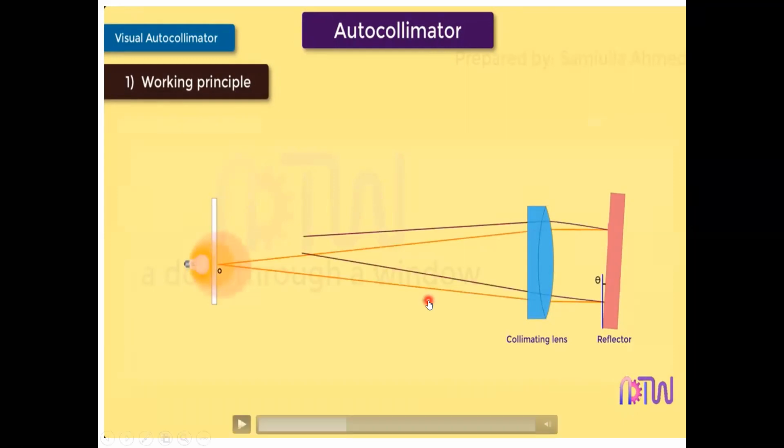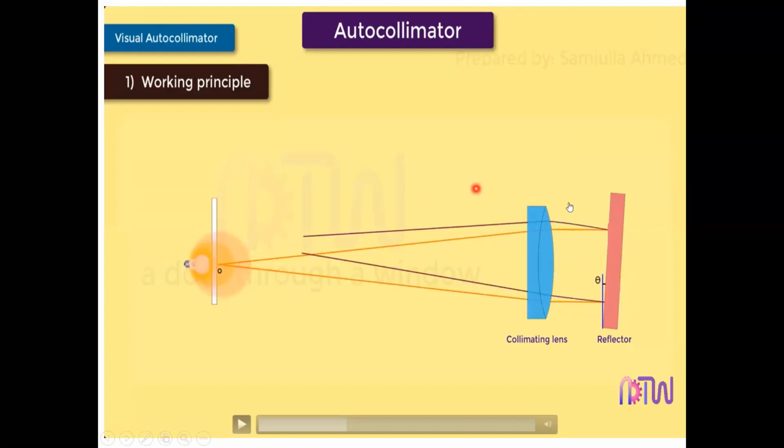My dear students, listen to me. Here, this reflective surface is nothing but our work part, which is to be tested. The work part which is under test is simply placed here in place of the reflector. The variation on the surface of the work part is measured with the help of the change of position of the image,